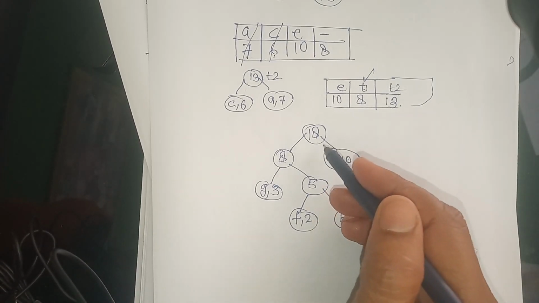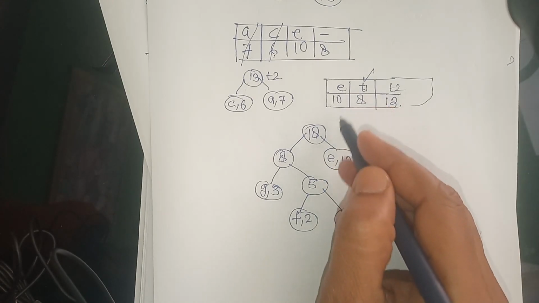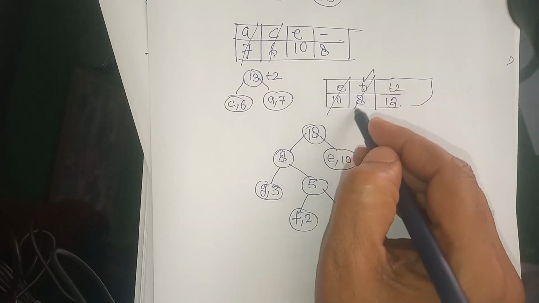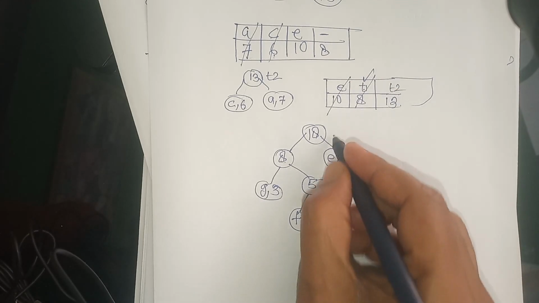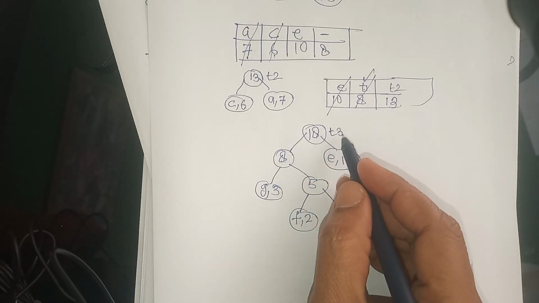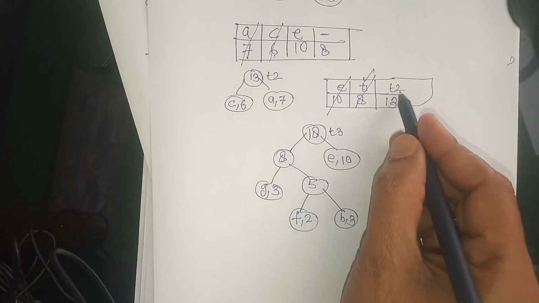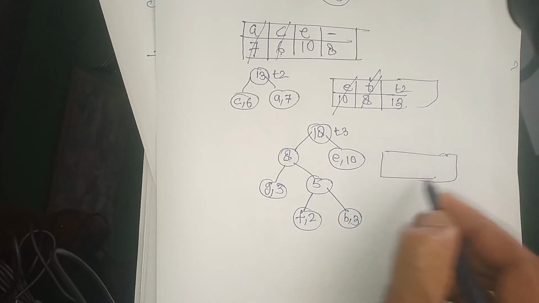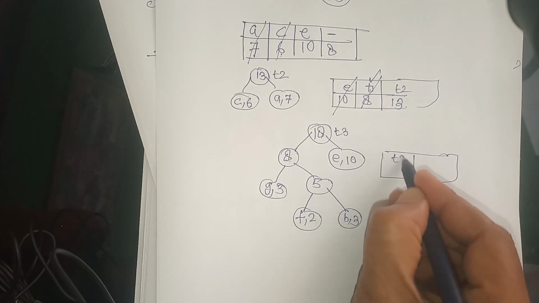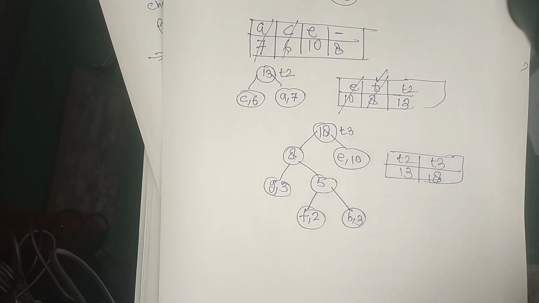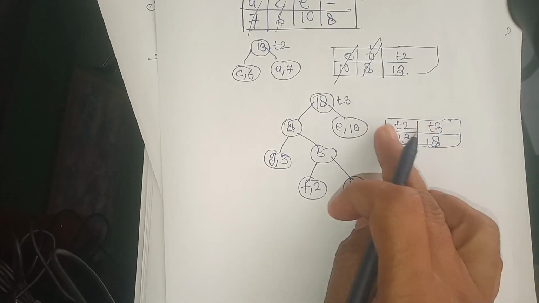Now this is prepared, so we will delete E and T1 because we have just now drawn the tree for E and T1. So we will delete E and T1 from the table. Now we can label it T3. So now we are having two nodes, T3 and T2, in the table. So we can just write down T2 and T3, whose frequency is 13 and 18. Now with the help of these T2 and T3 we have to prepare a new tree.